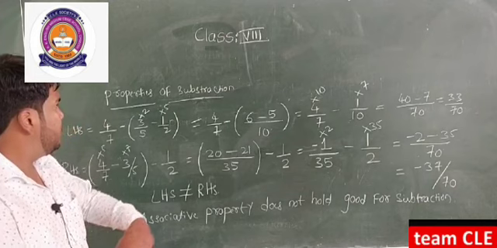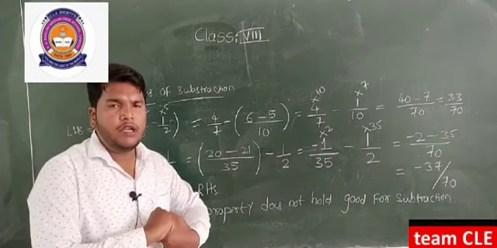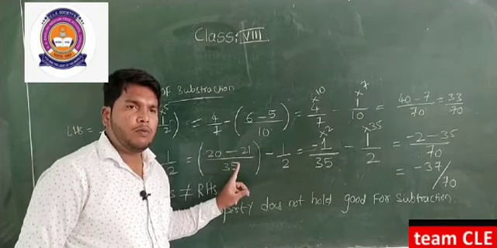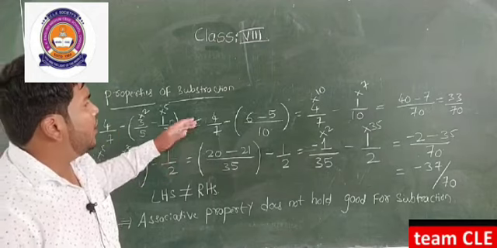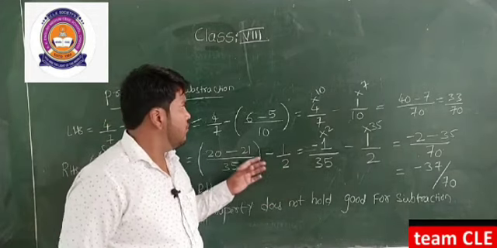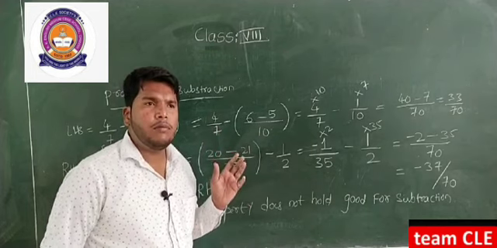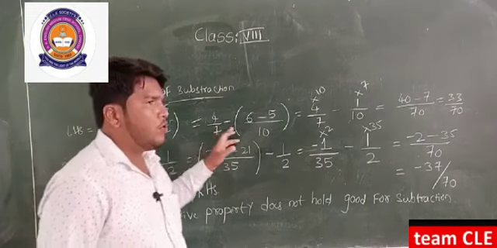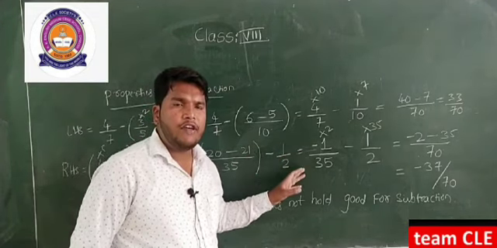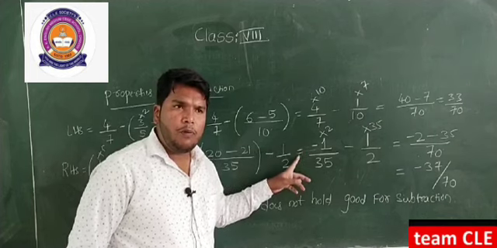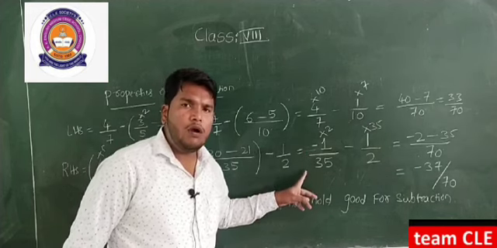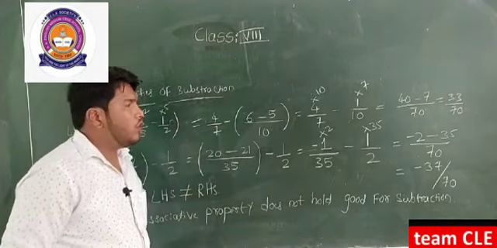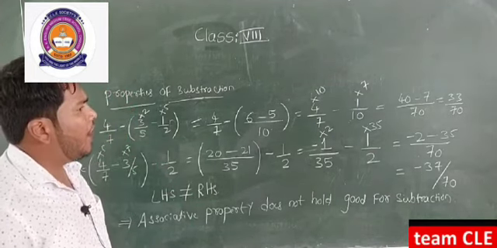So see here, dear students, we have completed the properties of addition and the properties of subtraction related to closure property, associative property and commutative property. Next, in the homework, all of you just go through the multiplication. You know multiplication, just change the sign. Wherever the minus sign is there, put the multiplication sign and take one example each based on closure property, commutative property and associative property, and send it to my WhatsApp number. And whatever I taught in this video, you have to note down, and also send it to my WhatsApp number.